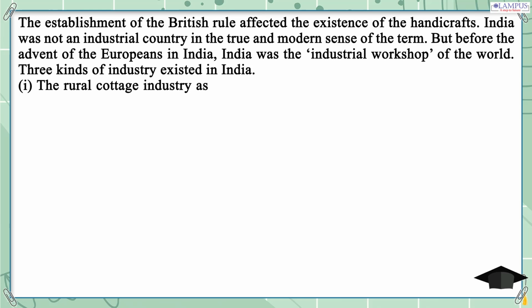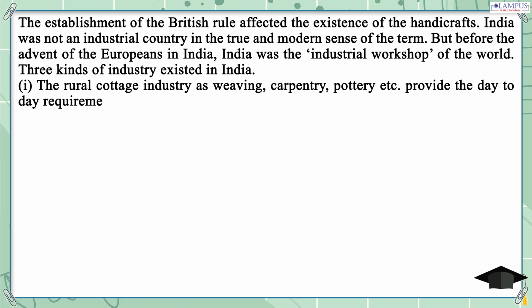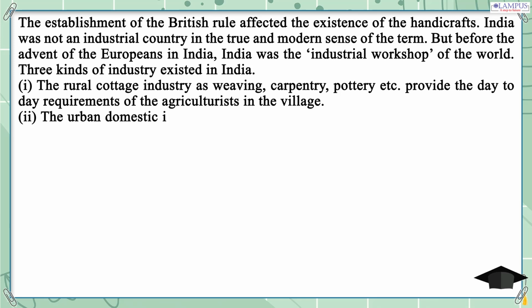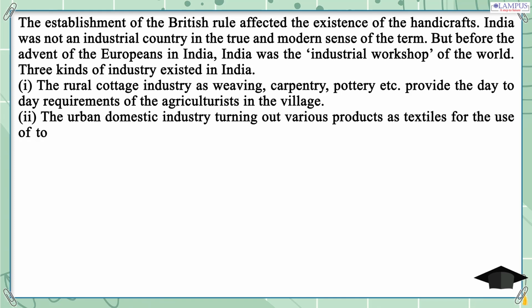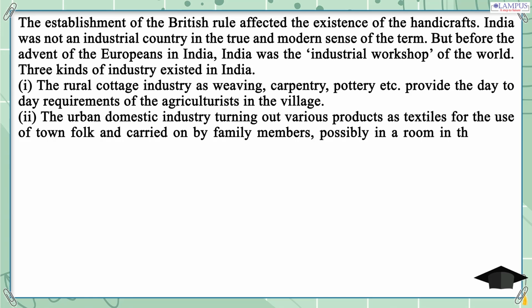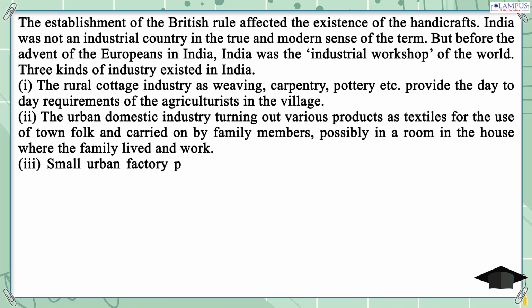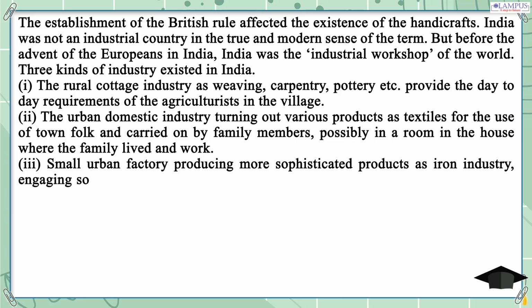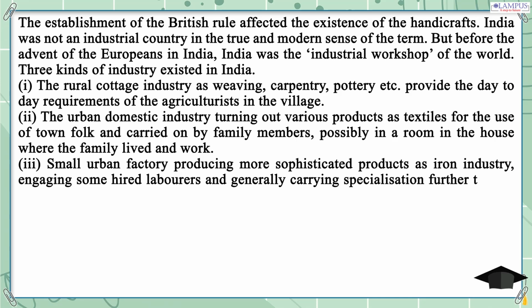1. The rural cottage industry, such as weaving, carpentry, pottery etc., provided the day-to-day requirements of the agriculturists in the village. 2. The urban domestic industry turned out various products such as textiles for the use of townfolk and was carried on by family members, possibly in a room in the house where the family lived and worked. 3. The small urban factory produced more sophisticated products such as the iron industry, engaging some hired laborers and generally carrying specialization further